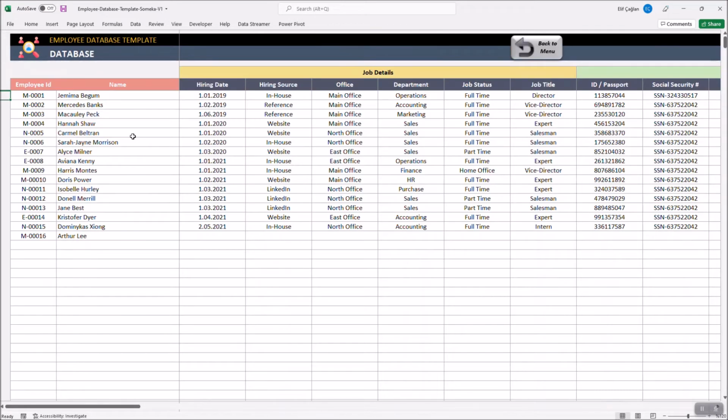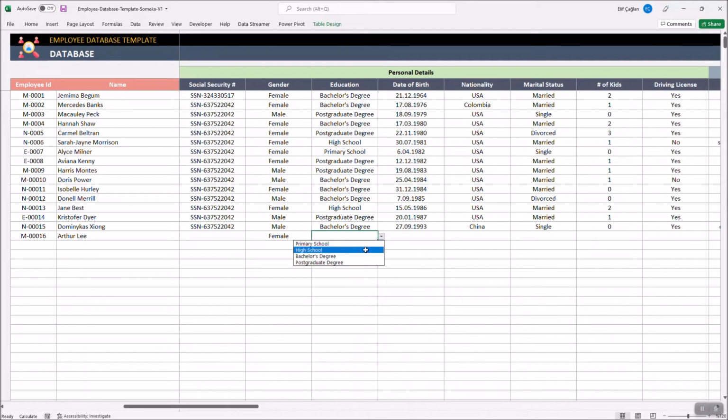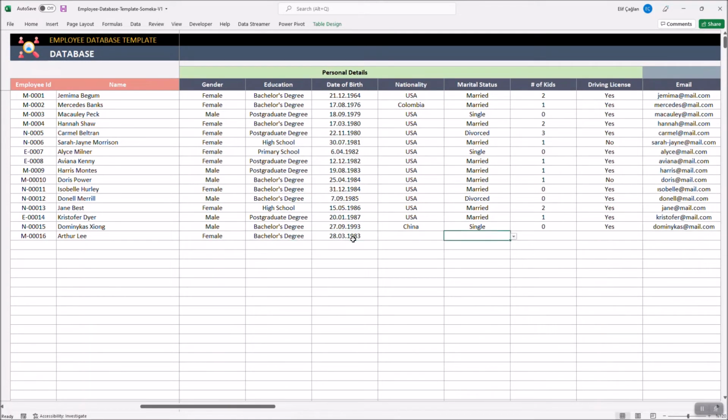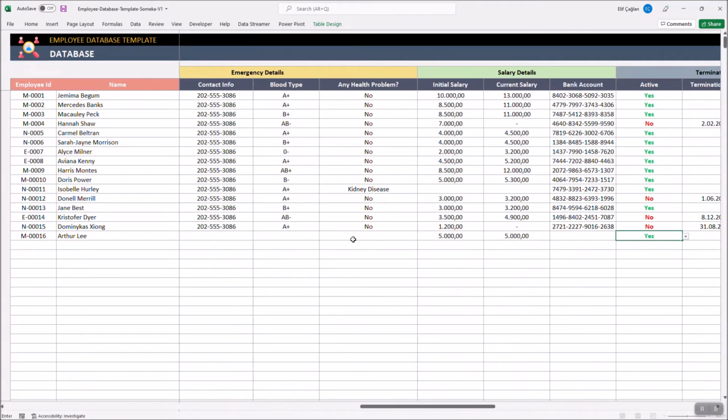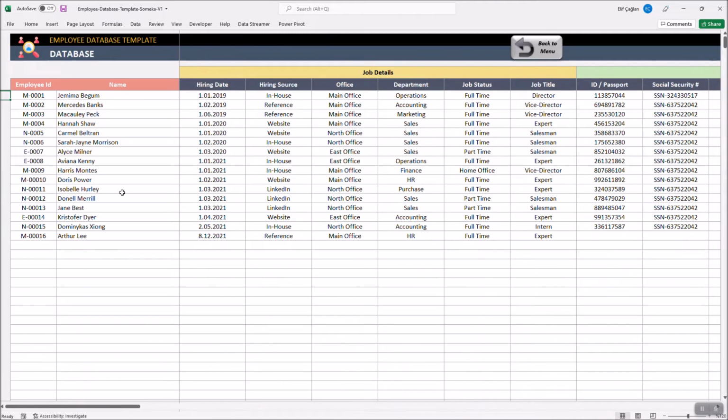When you hire a new employee, just input the relevant info. If an employee leaves the company, just input the termination details.